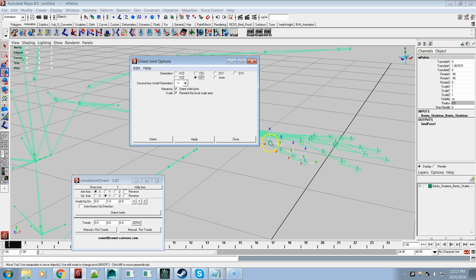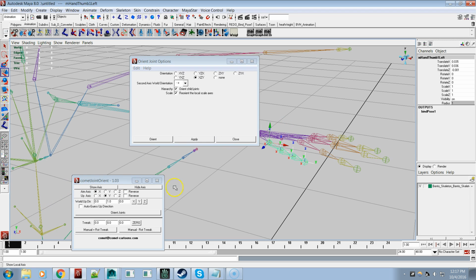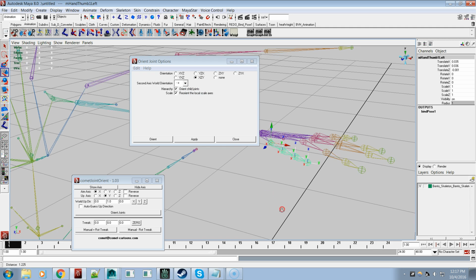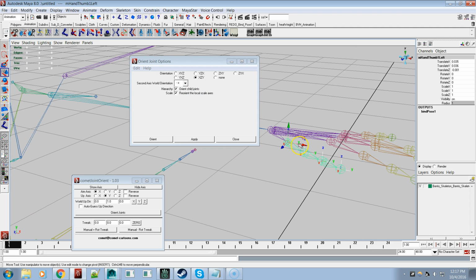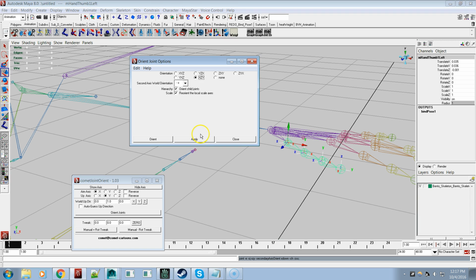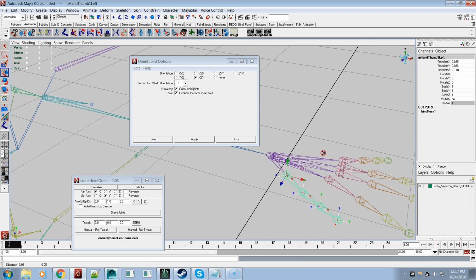Well, actually, first I need to show you. What we need to do is a freeze transformation on these joints. Because if we click on this, it should point the Y or the X. Let me see what happens. Okay, see what it did here: with these settings of X, Y, and Z and negative X to the second axis world orientation, it points the X-axis towards the next one in the chain,